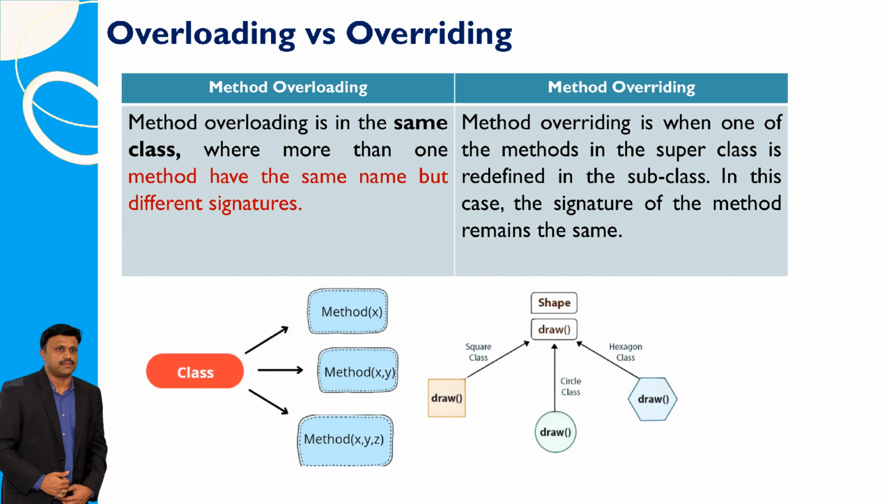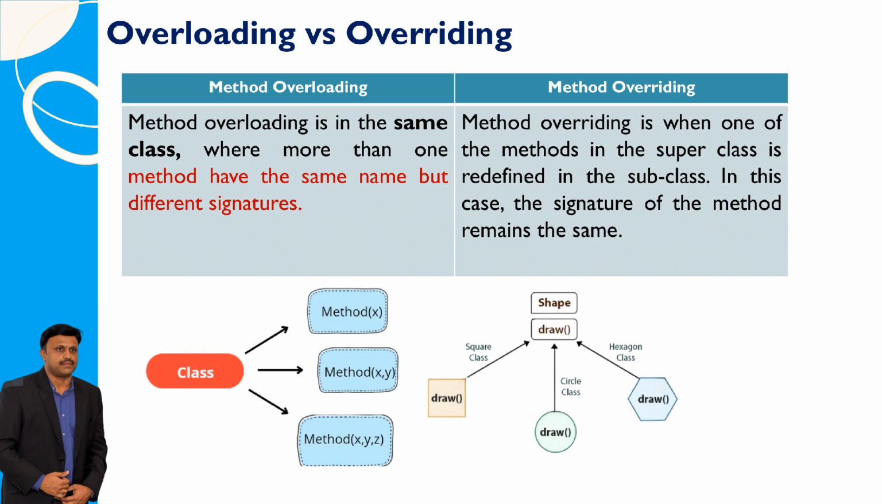Method overloading occurs within the same class, where multiple methods share the same name but have different signatures, i.e., different parameter types or numbers. In contrast, method overriding happens when a method in a subclass redefines a method from its superclass, maintaining the same method signature, allowing the subclass to provide a specific implementation while retaining the original method's name